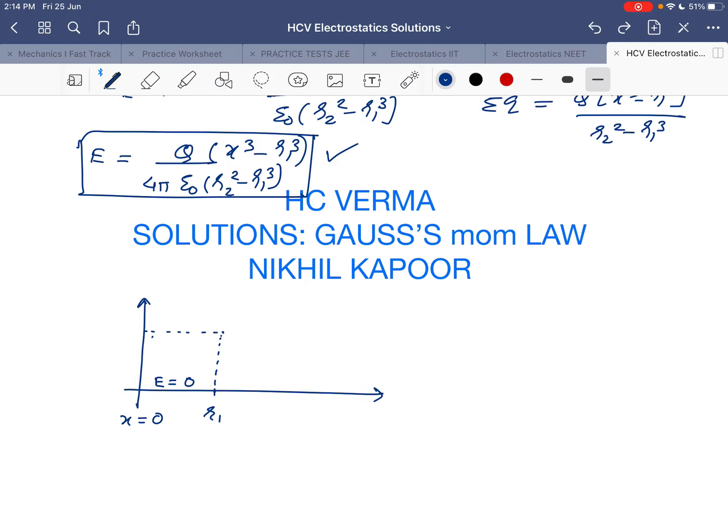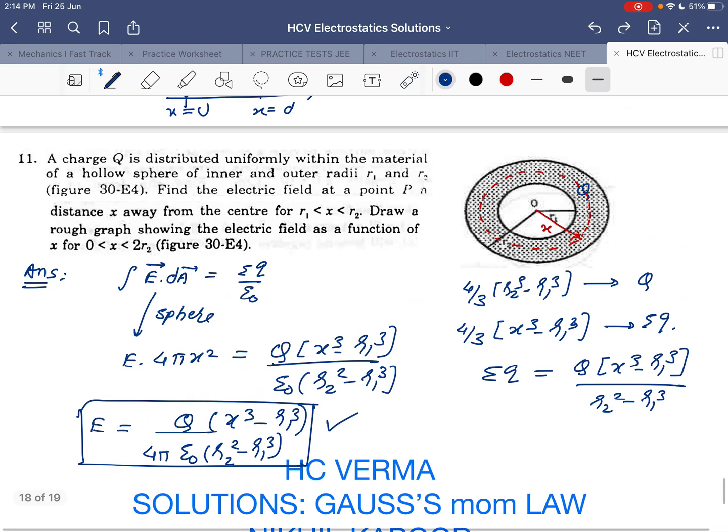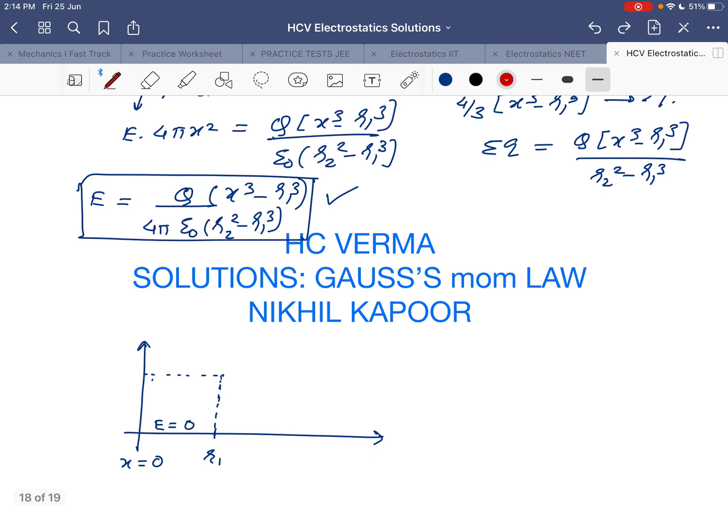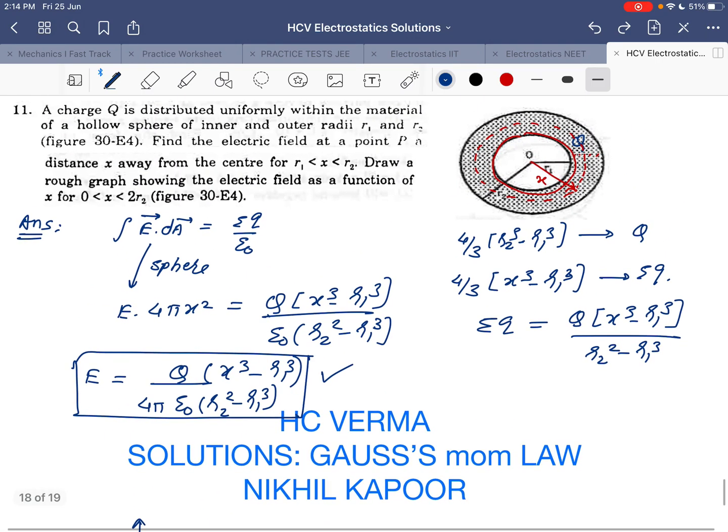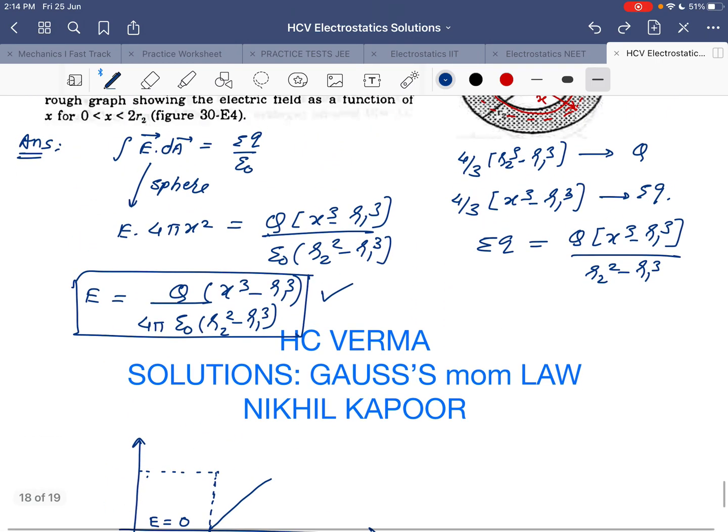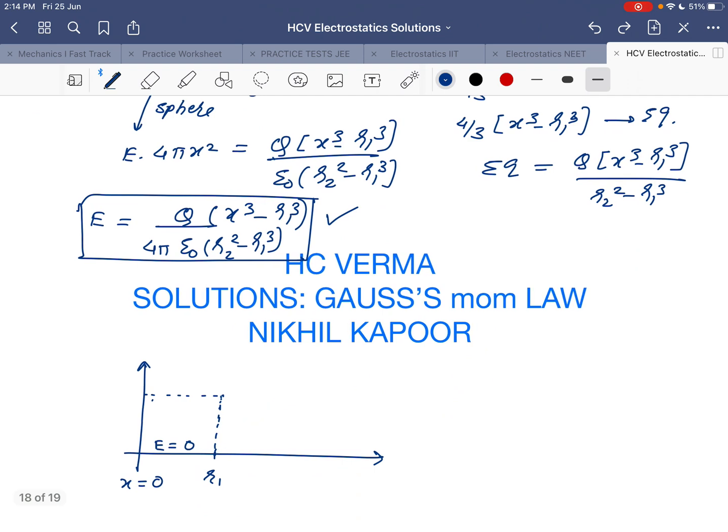And now the value of electric field near the surface of this sphere will have some charge enclosed, and it goes on increasing. So it will also go on increasing in a random manner, we can say. Okay, while at a distance up to this it increases, and at the surface of the second sphere r2 the value of electric field would be maximum,